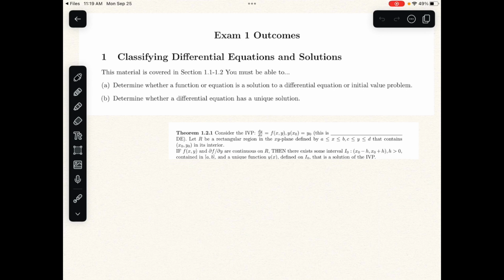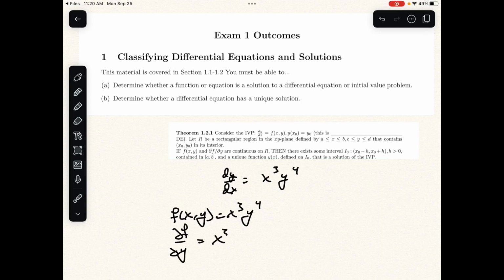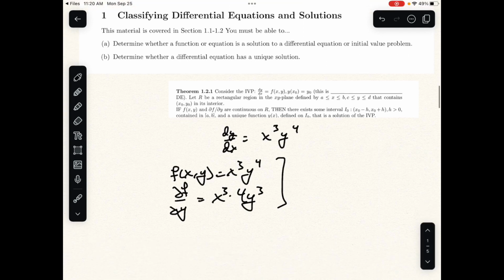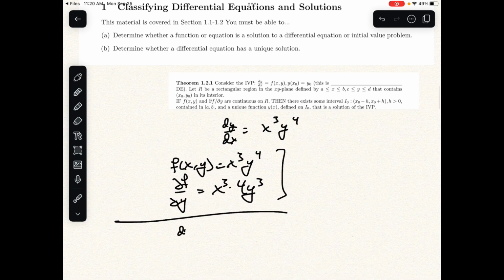So for example, if you had something like dy dx equals x cubed y to the fourth, then here your f of x y would be x cubed y to the fourth, and your partial with respect to y would be x cubed times 4y cubed. Both of these are continuous everywhere, and therefore it's going to have a unique solution. If you had something conversely like dy dx equals, let's see,